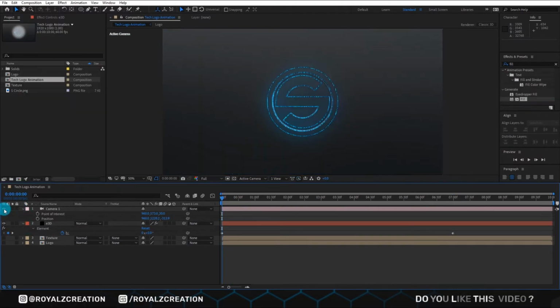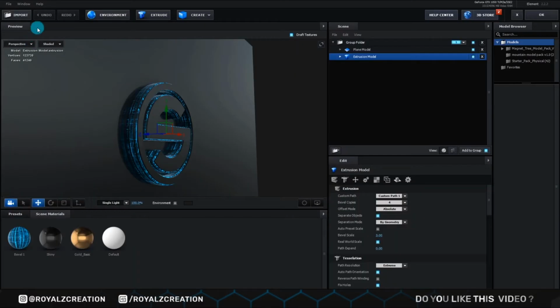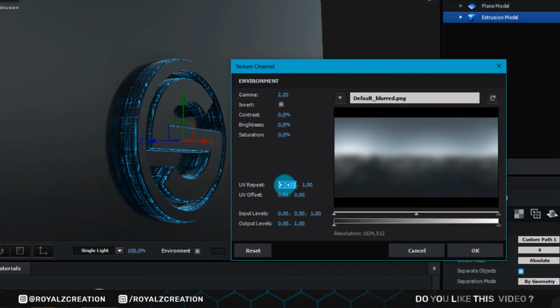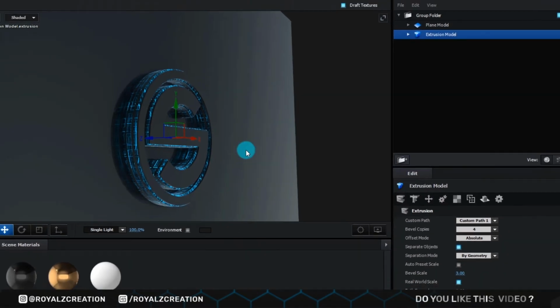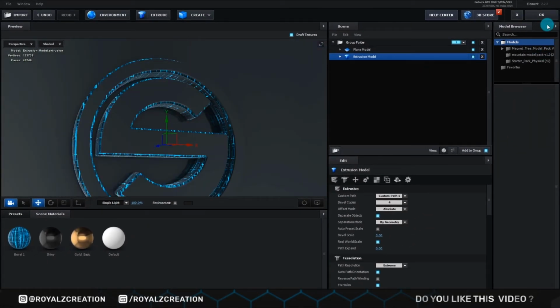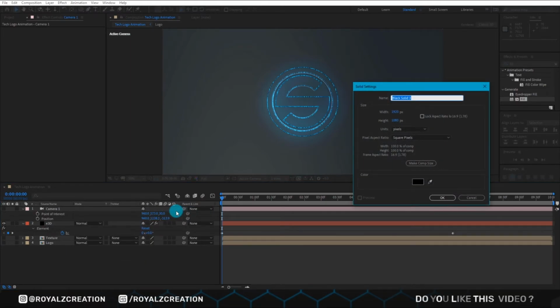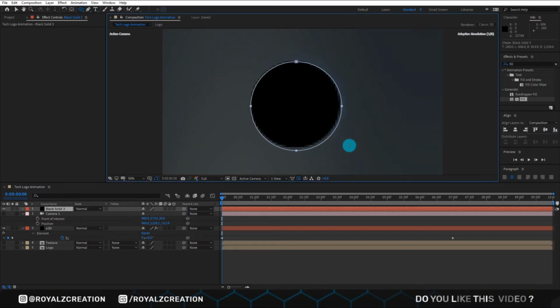I think I forgot to do something, so we again click on scene setup, and we change the UV repeat amount of our environment. We are going to create a new black solid, and now we draw an equal circle.